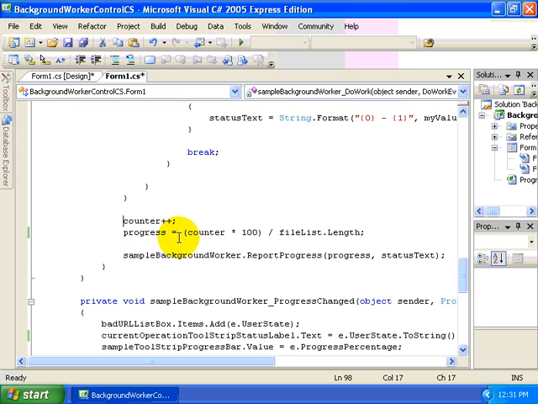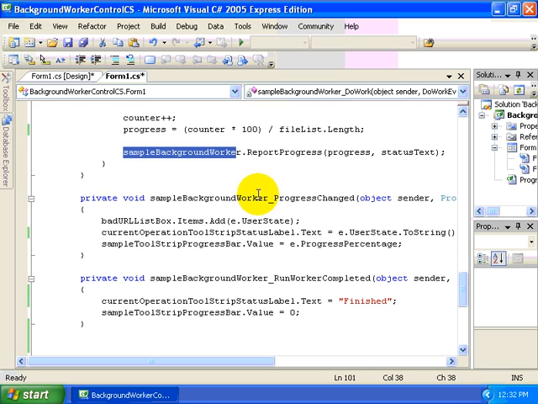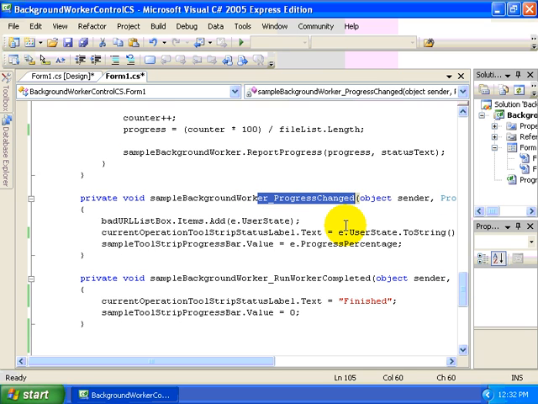So we're going to update the current counter and use that to calculate the current progress. Based on how many files there are, we'll use our counter to determine the percentage of completion. Then we'll take that value along with the status value that we want to display in the status strip and in the list control and call the ReportProgress method of our background worker control. This again allows us to essentially come up for air and calls the ProgressChanged event, which we're able to handle. So this information, the progress and the status text, as you can see, and we'll just hit the spacebar here to open up the